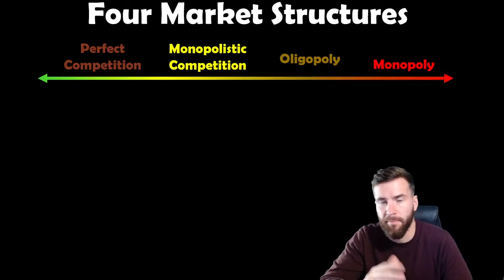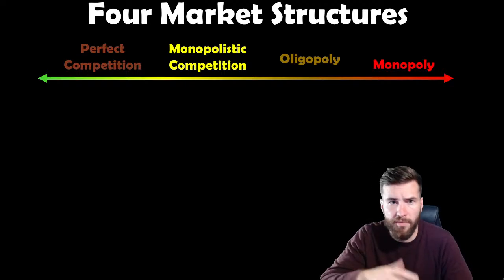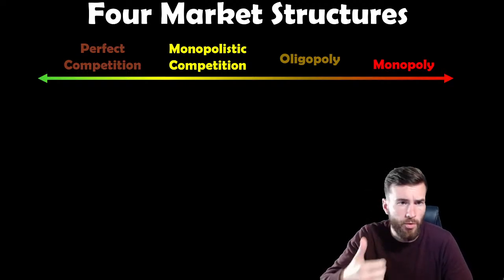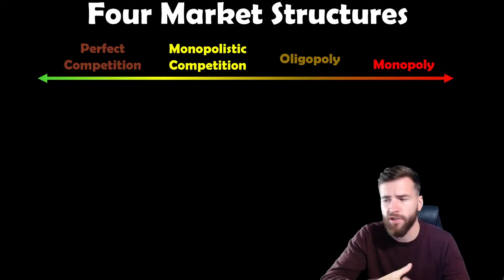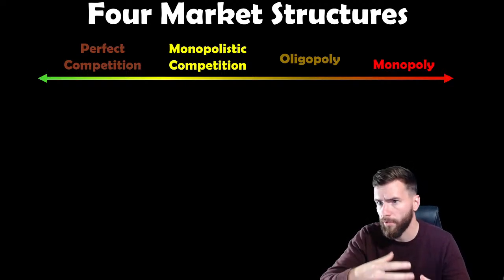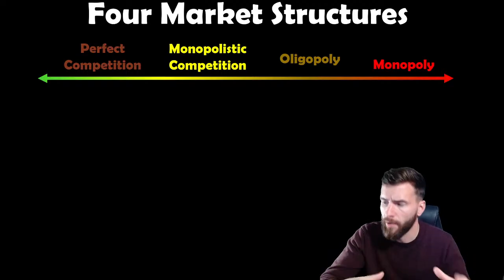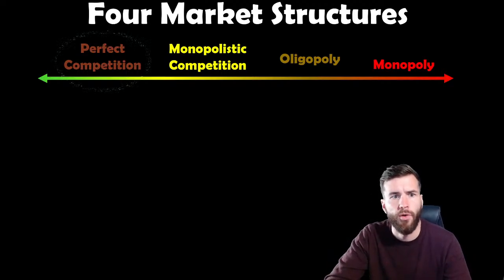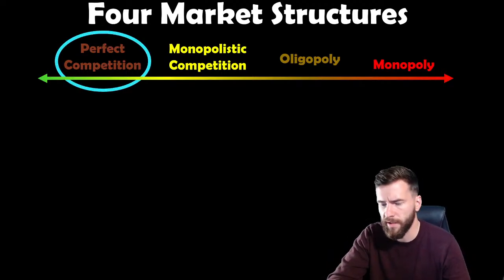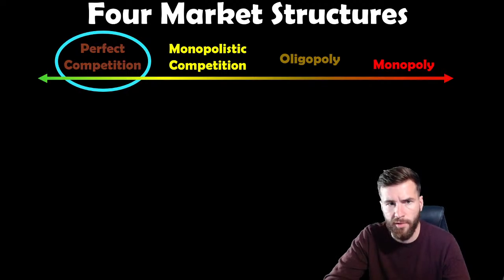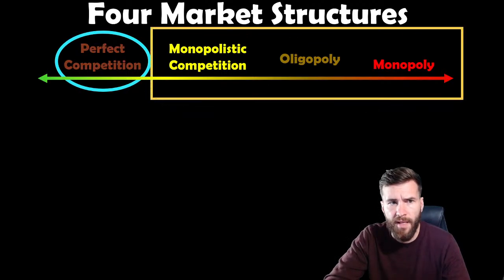Just like in macro is the AD-AS model, implementing policy. You learn so long on what is GDP, inflation, unemployment, all that. You learn how to graph it. That's what we just did. We just learned how to graph our cost curves, and now we're going to learn about microeconomics. So the first one is perfect competition, and like I said, we're going to spend a lot of time on this, probably more time than any other market structure, and it's going to start tomorrow.